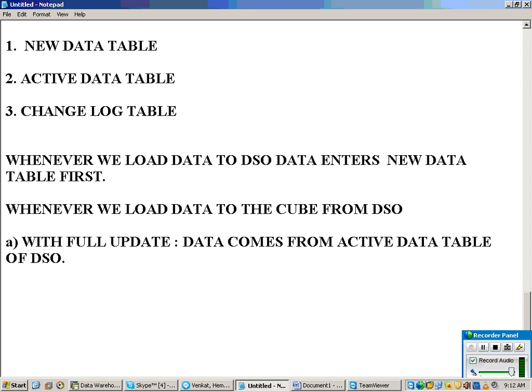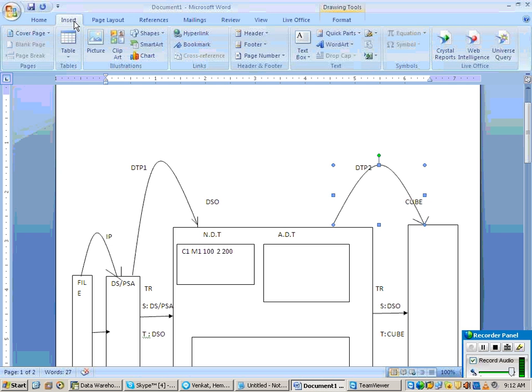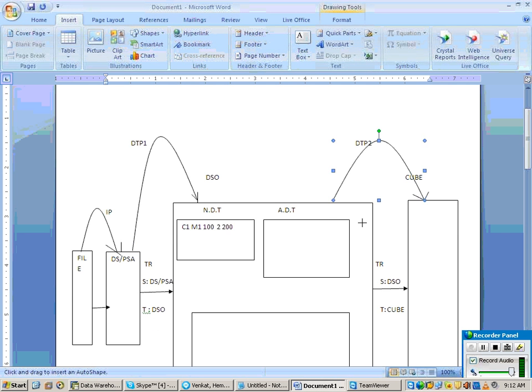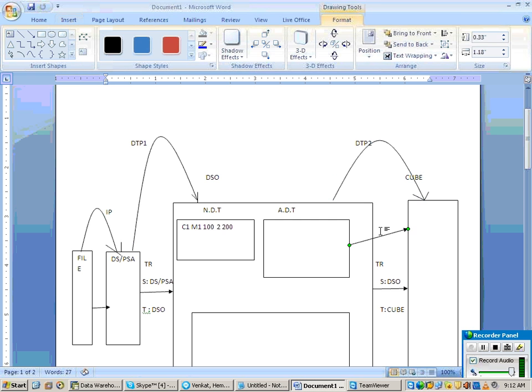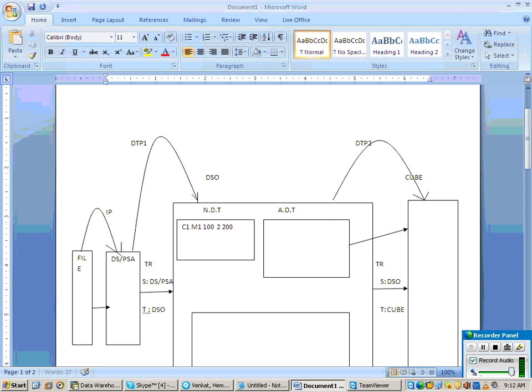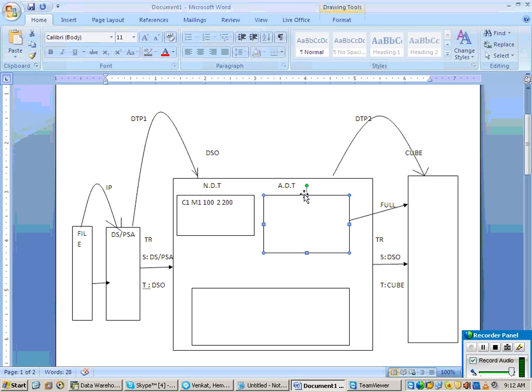So whenever we are loading data to the cube from the DSO, where is the data coming from? If you select full in DTP2, then data will be coming from the active data table of the DSO.